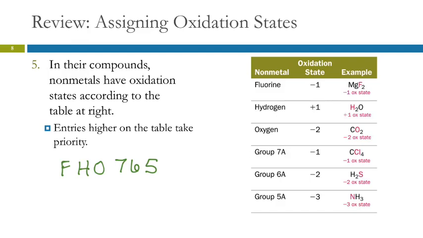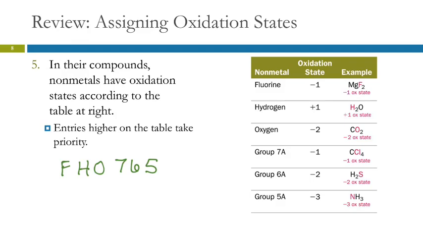The way I think of this, because I tend to personify all of these things, is you've got your metal ions and they've got their oxidation states, and then you've got this bickering among the nonmetals about who gets which oxidation state. This is the list of priority. If fluorine is there, she gets first choice. And then hydrogen gets the next choice, and then oxygen, then anybody in group 7, anybody in group 6, then anybody in group 5. And so you go through until you get to the last element in that compound,